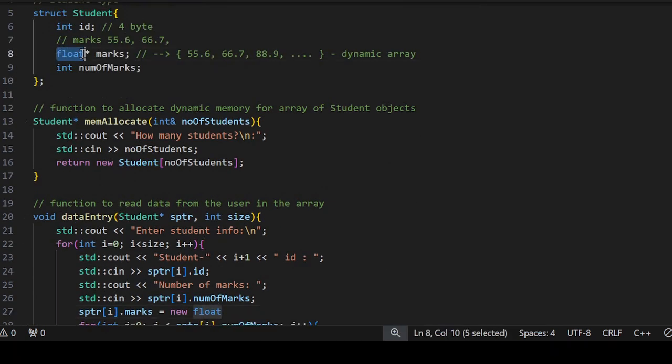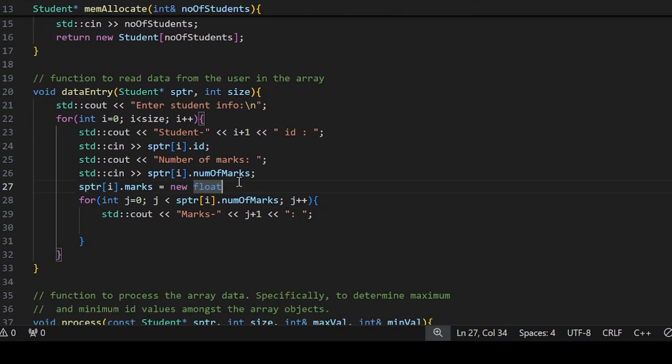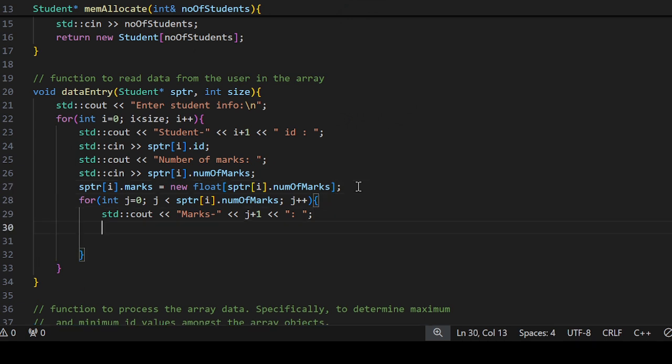This is a floating point type, and the total number is actually stored in this variable. So this will create a dynamic array of floating point type elements, and after that you can read